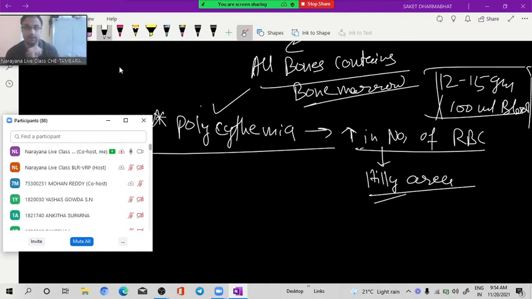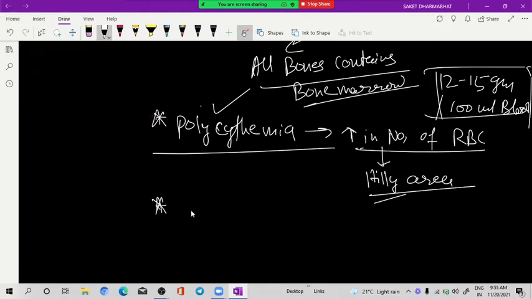So earlier, suppose in my body, for example, 5.5 million RBCs are there. I go to the top of a mountain or hill. That time the number of RBC will increase in my blood. It may be 7 million now, but the blood volume will be the same, because my body volume is fixed.